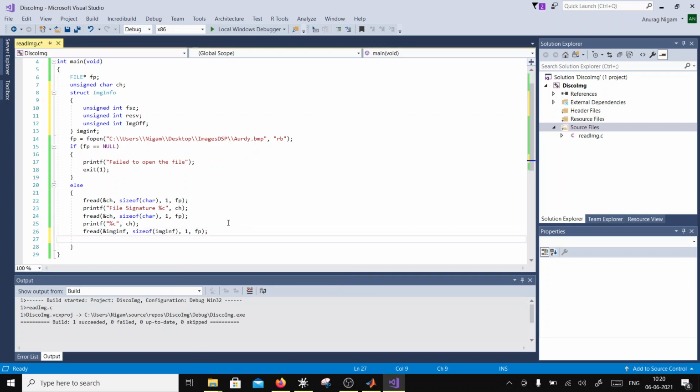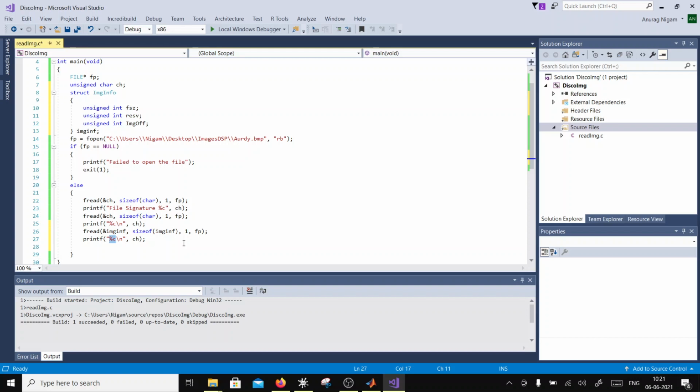Okay, so now I have read the image info, and now I'm going to display that. So over here I should put a new line character. So I can say printf, Ctrl+C, Ctrl+V. So here I'm going to say printf.